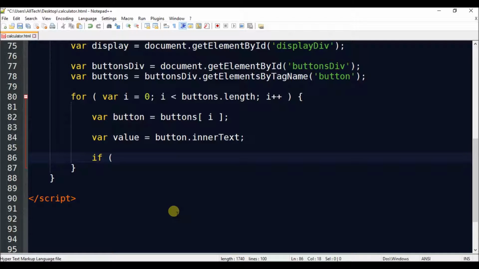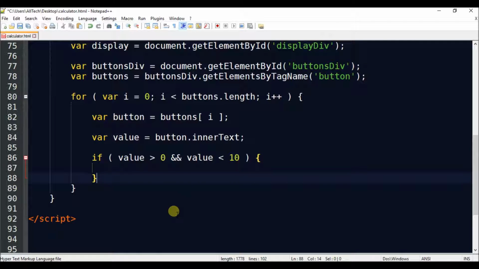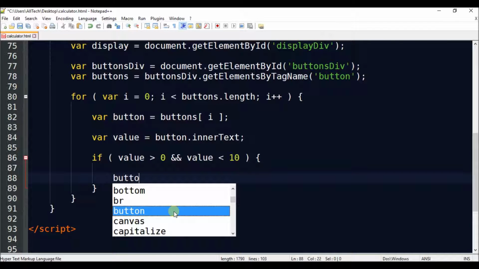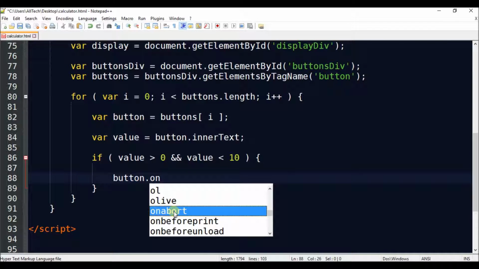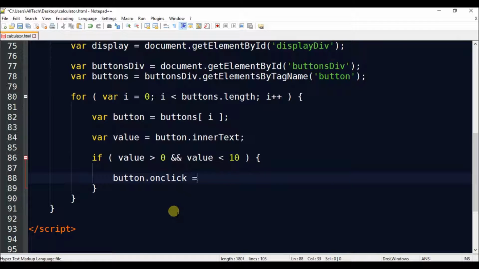If value is bigger than 0 and value is less than 10, in other words, if the value is a number between 1 and 9, we do button.onclick equals to